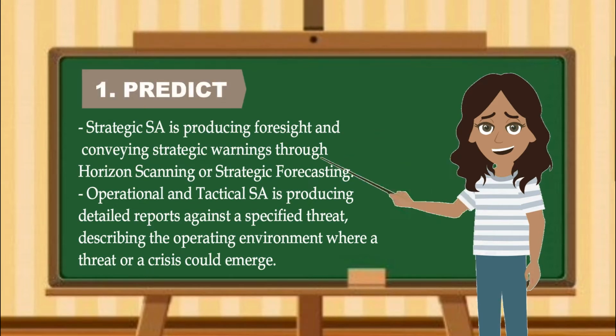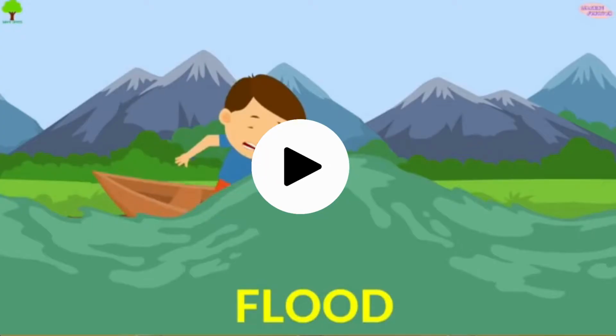Strategic SA is producing foresight and conveying strategic warnings through horizon scanning or strategic forecasting. Operational and tactical SA is producing detailed reports against a specified threat, describing the operating environment where a threat or a crisis could emerge. For example,